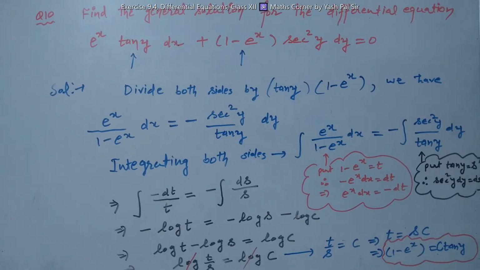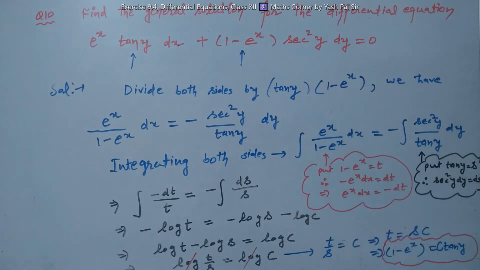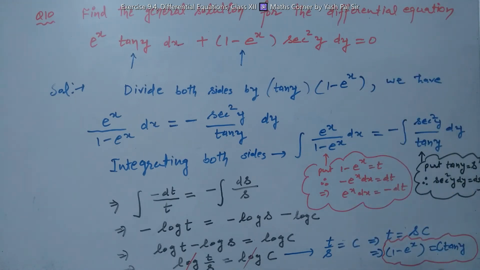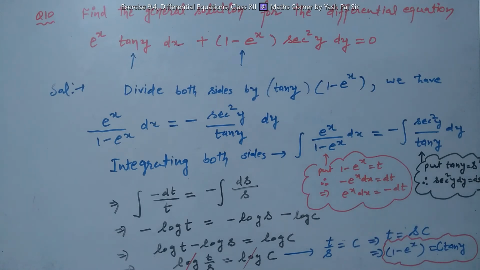Now we are going to take the next question. We are going to discuss particular solutions in the next questions. Here, particular solution means one extra, additional condition will be provided. We shall put the values of the additional condition and then we shall eliminate this c. Thereafter the general solution will become the particular solution. So let us see how to solve these questions.